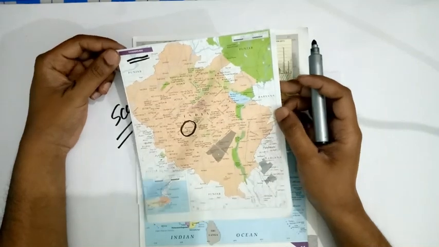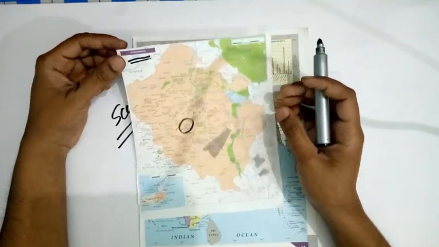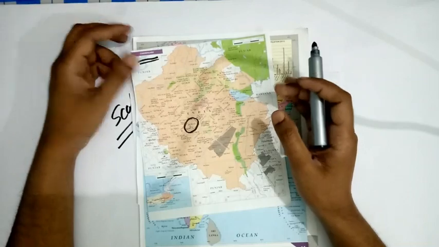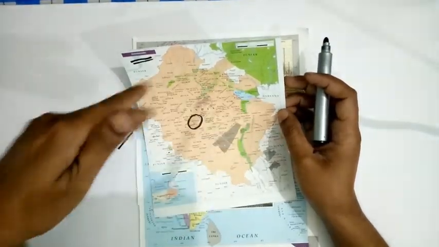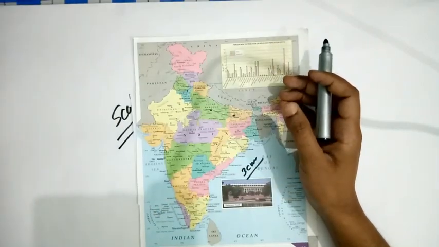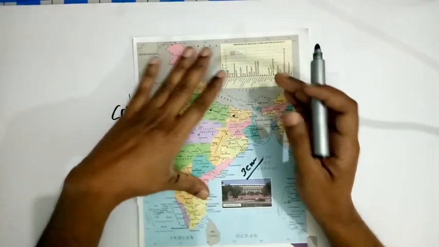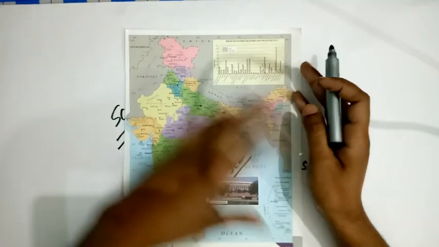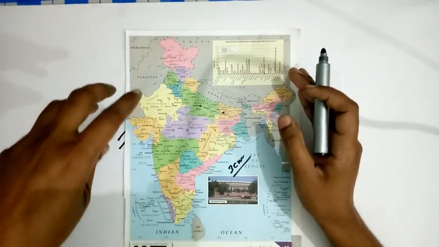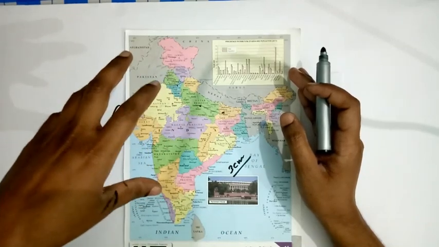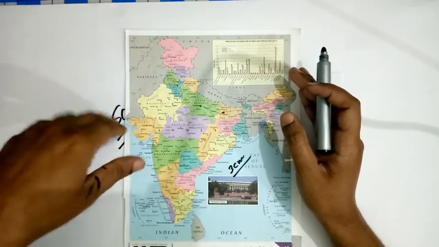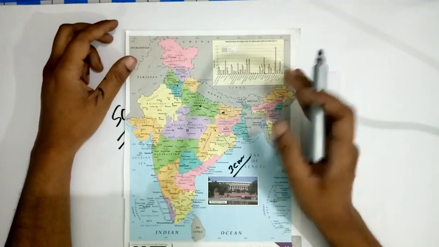Right now we have seen the Chandigarh map. But if we want to see the map of India, if we want to see all the states together, that is not possible in this large scale map. So what do we do? We take this map. It is a small scale map in which you can see a lot of area, or you can say, in less detail you can see a larger portion of the place.